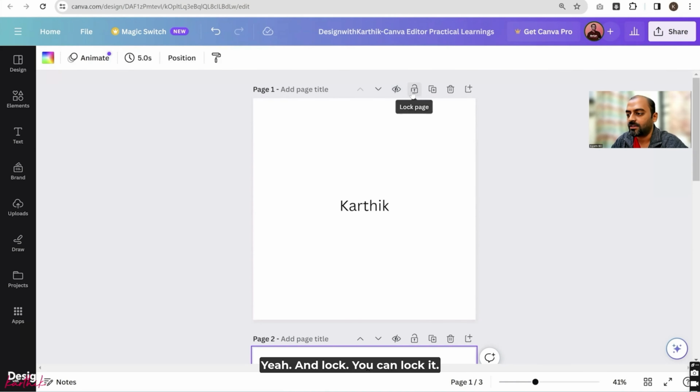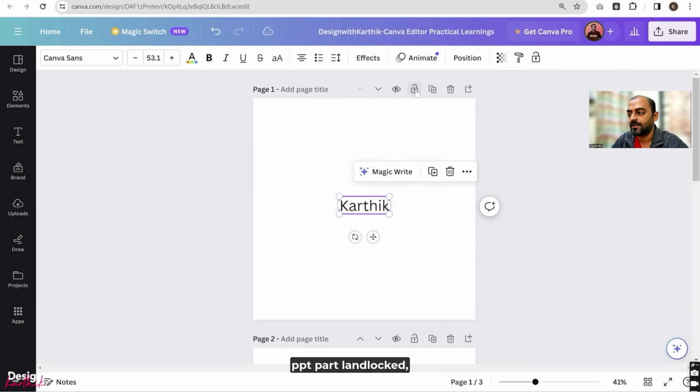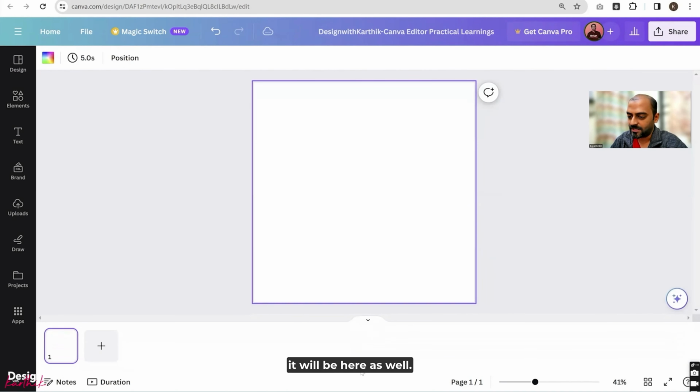And lock: you can lock it, so you cannot make any changes there. This will definitely be helpful when you are making a PPT file. Unlock it. Same with duplicate page and delete page. Let's delete, and have only one page. So that's the simple toolkit. Whatever option is shown here will be here as well, but when you click on this,